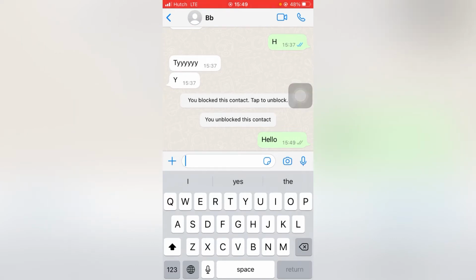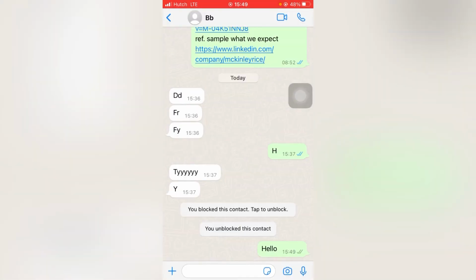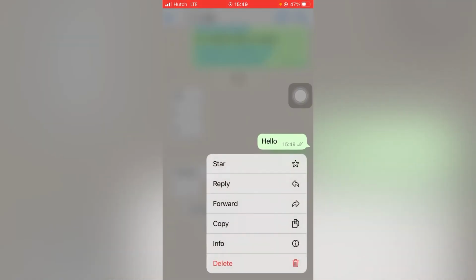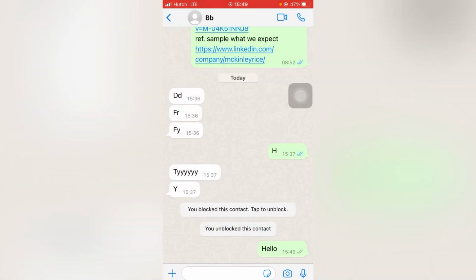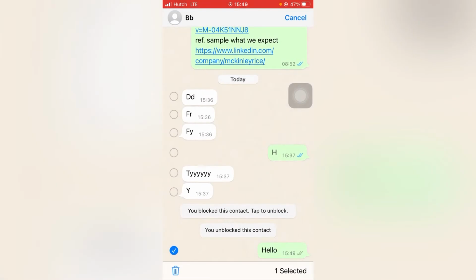So all you have to do is long press the message, and there you get an option called delete. You have to long press, not just tap, you have to hold the message. When you hold the message, a window will pop up, and there you'll get to see an option called delete on the bottom of the window. So you have to click it, and then on the left hand bottom corner you'll be able to see a recycle